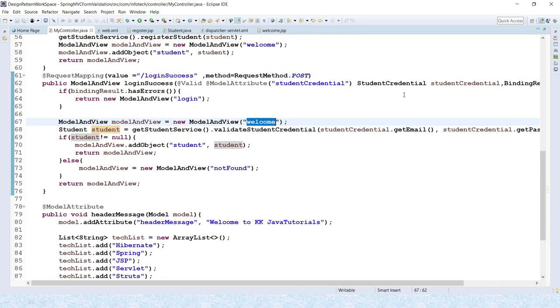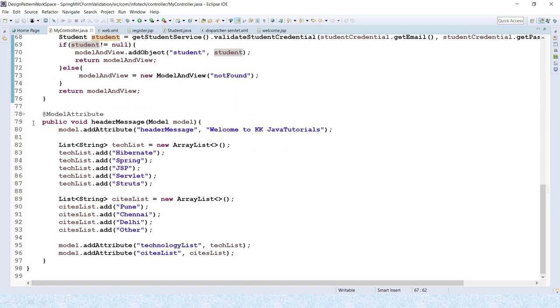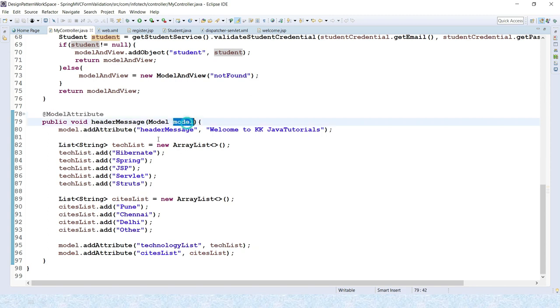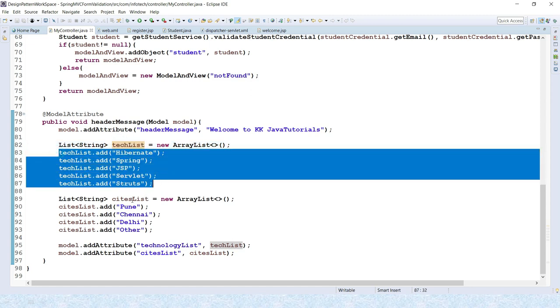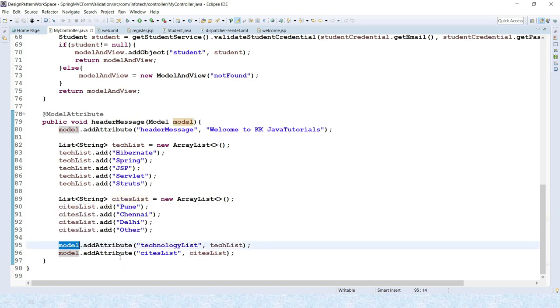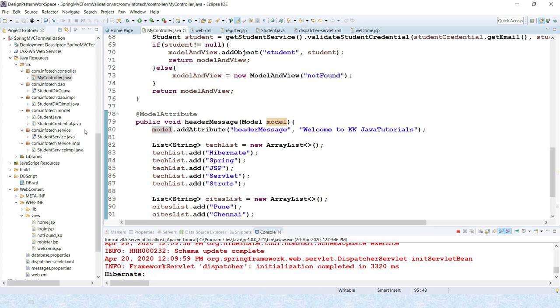This is the method which is annotated with @ModelAttribute, which sets some values in the model, like the header message, and some values like the list of technologies and the list of cities that we have added in these lists. We add these values in the model as the technology list and cities list, and using these keys we are displaying the values on register.jsp.